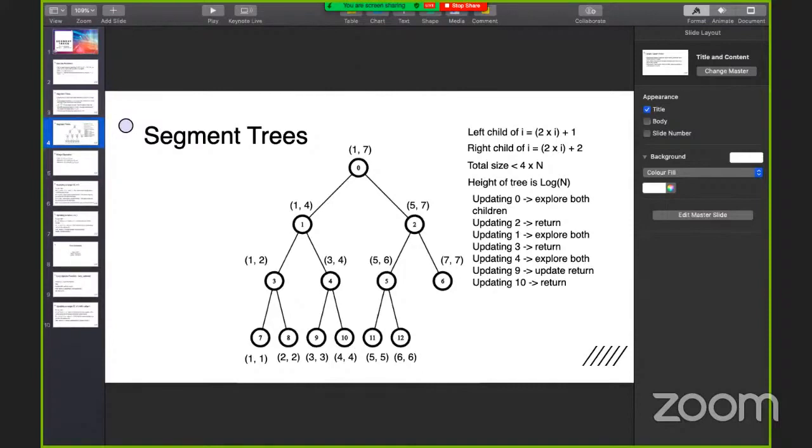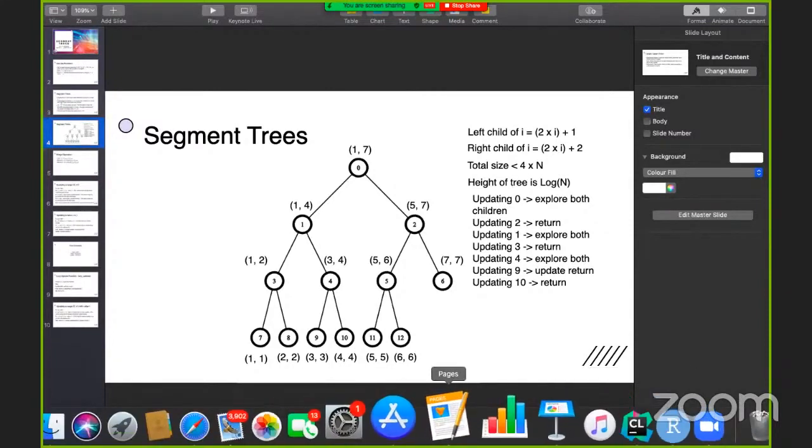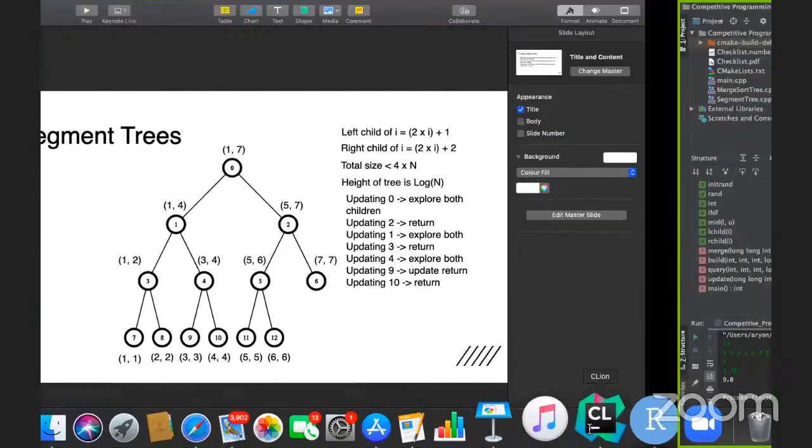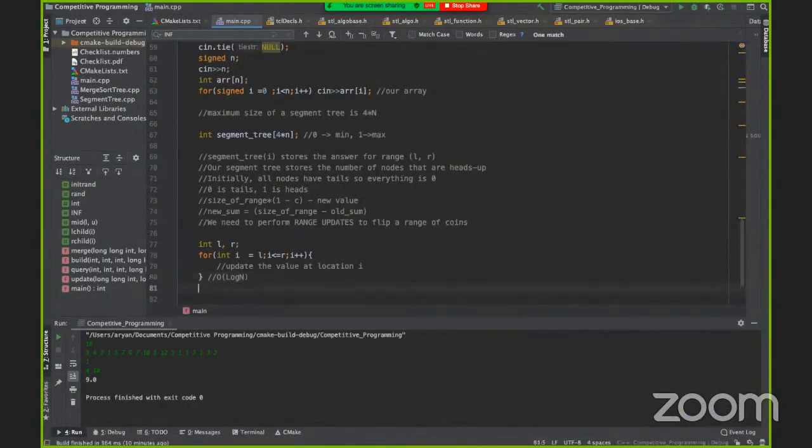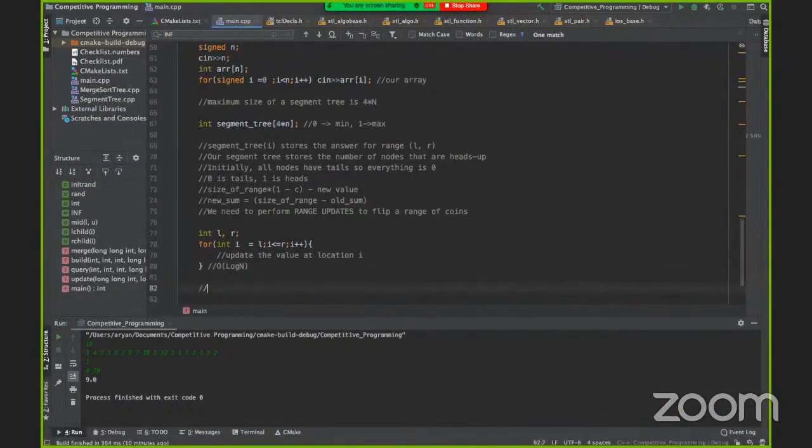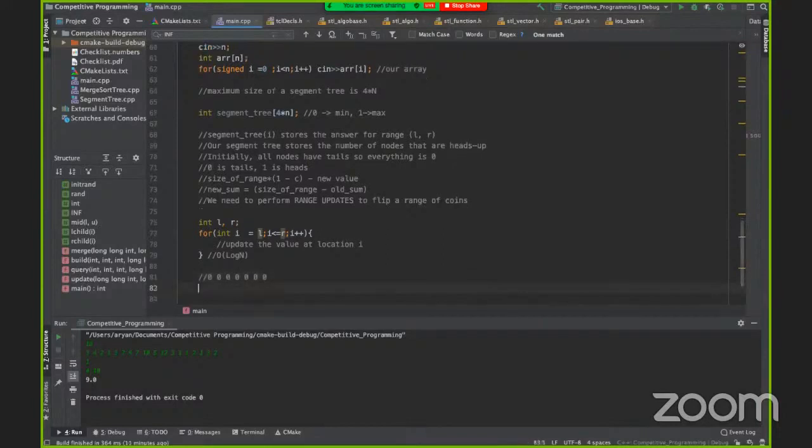Think of it like this. Let me show you guys on this. Imagine you have range updates on an array of size 7, and initially all the values are 0, 0, 0, 0, 0, 0, 0.